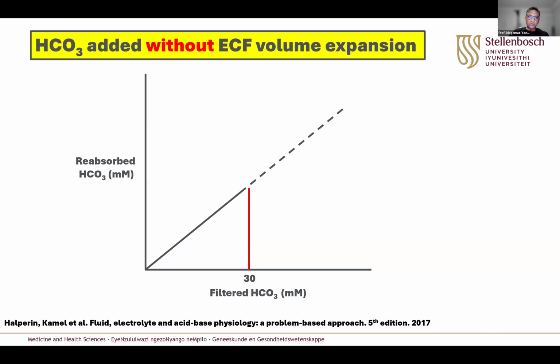If the patient is normovolemic and angiotensin 2 is normal, there shouldn't be any bicarbonate reabsorption when your bicarbonate concentration is above the normal range. However, if the patient is hypovolemic and angiotensin 2 is present, even in excess of 30 millimoles per liter, the kidneys will continue to reabsorb filtered bicarbonate. So it's got to do with volume status and hypovolemia, and angiotensin 2 being present as the stimulus for bicarbonate reabsorption.